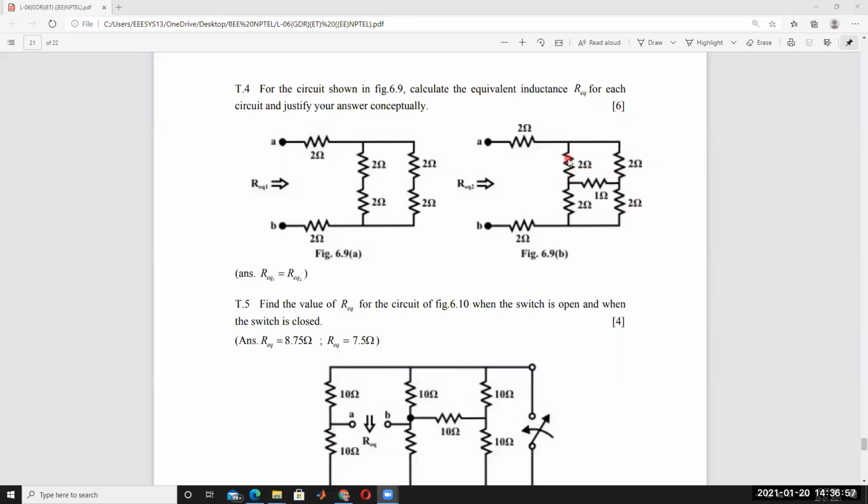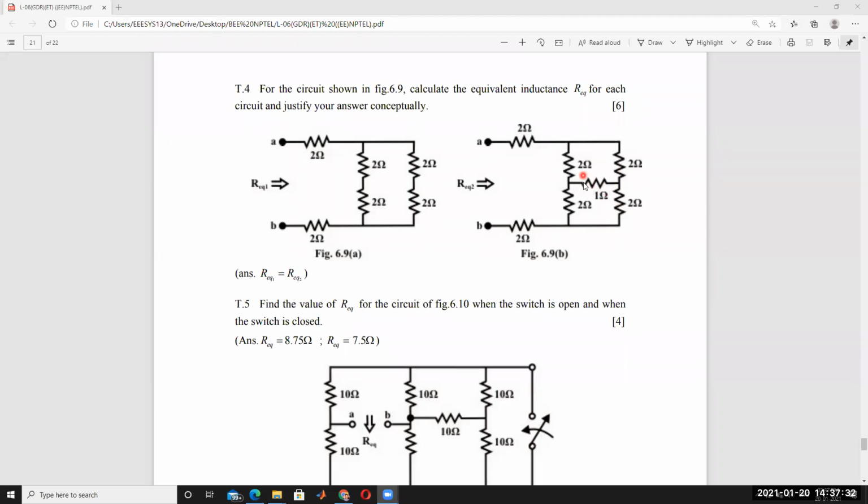It's like a bridge in between these two. One resistance is connected in between these two loops, this loop and this loop. At that condition, we have to check the balance condition of this bridge. So multiply the opposite arm resistors. Here 2 ohms and 2 ohms: 2 into 2, 4, is equal to 2 into 2, 4. That means 4 is equal to 4. So in that case, the current flowing through the 1 ohm resistor is equal to 0.